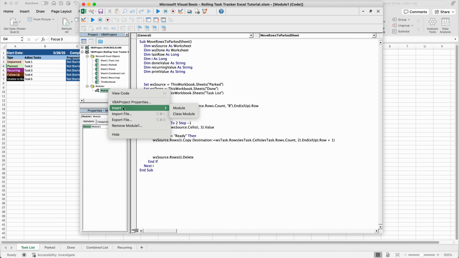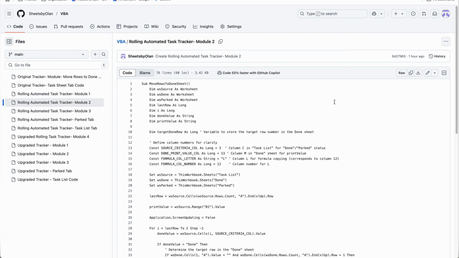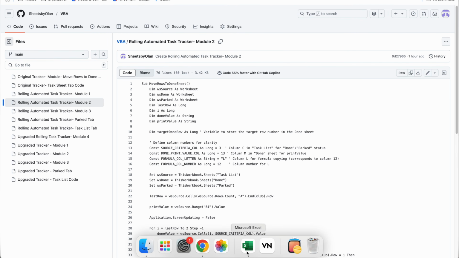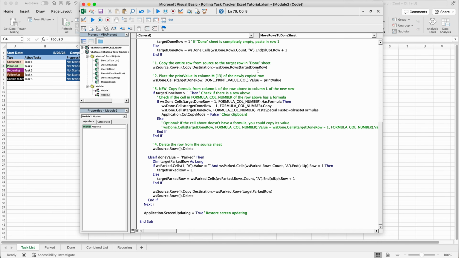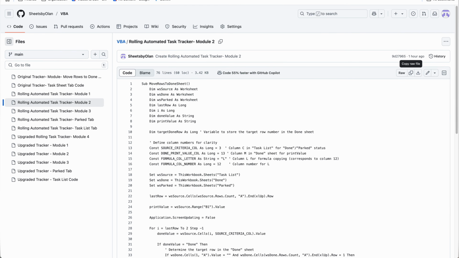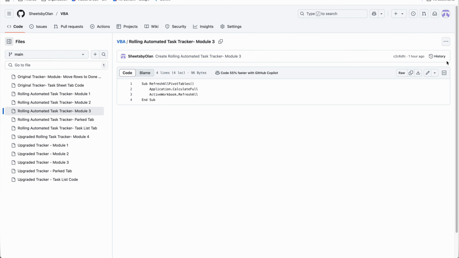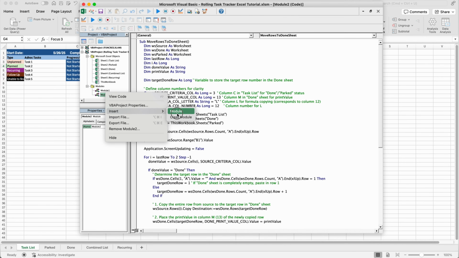We're going to right click, insert module, it will go to Module 2. Go to Module 2, and this one is what handles the core of the automation. So we'll go here, paste that. And you can see a couple of different notes kind of explaining what different things are doing. This is essentially the core of what allows for a lot of the moving. I'm going to save this, go back to our code, go to Module 3, copy it, right click, insert, module,